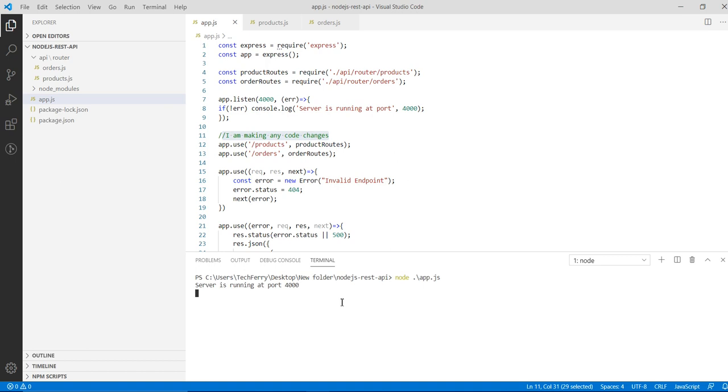To avoid this, we have a special module available for Node. The module name is Nodemon. Let's check how Nodemon works.